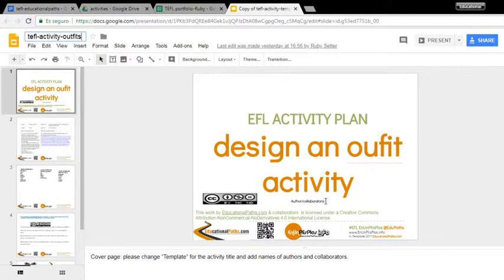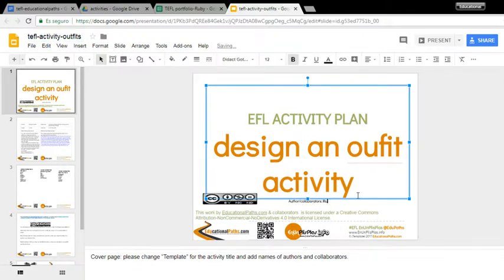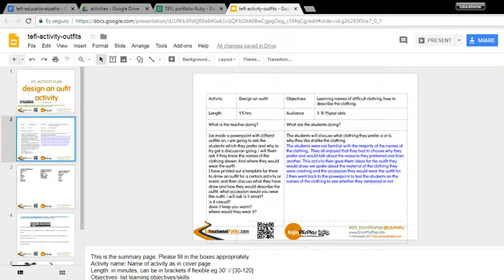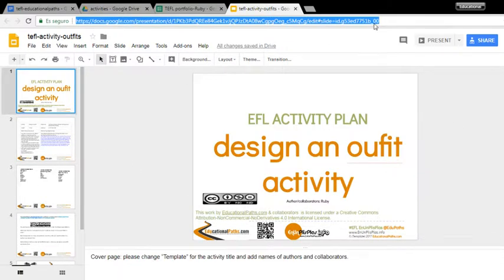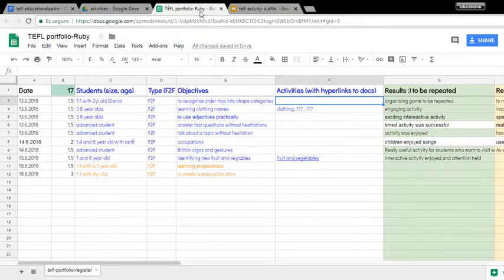Remember to put here your name. Okay, Ruby, and then so this is the activity plan. Everything should be here for the activity. Obviously, we'll talk about this later. So this is the address. All this long thing is the address. If you right-hand click, you can say copy, and then you can come here, and then